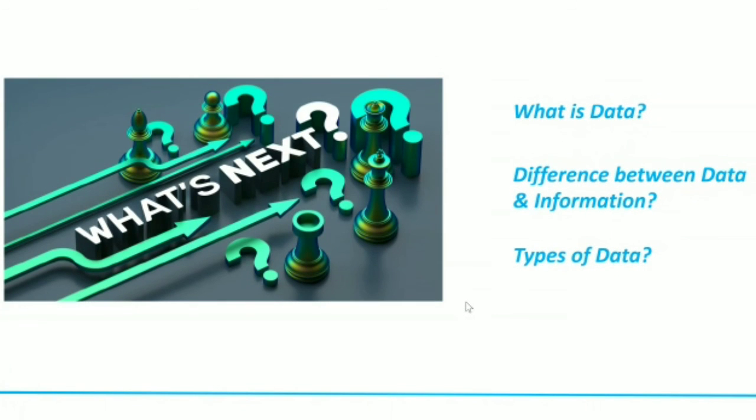Just to give you a heads up in what is next, we're going to discuss what is data, the mighty data. Data is very important. All mathematics, it can be alphanumeric as well, it can be only text as well, but there is data. And then we will also discuss the difference between data and information. How do you differentiate what data is useful, what data is not so useful, and how do you derive information from data? And we'll also discuss the types of data that are used across industries, the use of those data. Definitely, we're going to discuss.